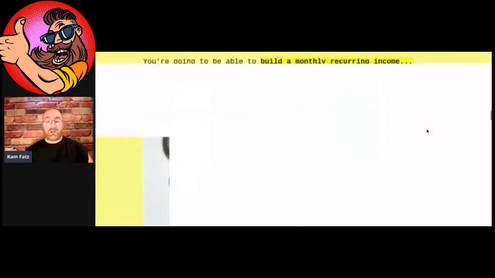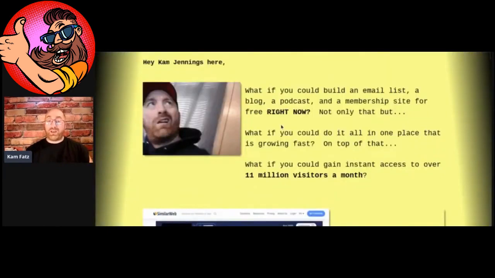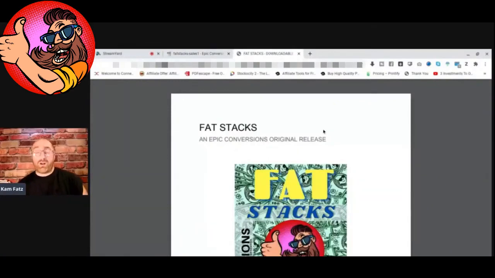So let me just show you inside the actual PDF that is FatStacks, because if you guys know me, you know I like to deliver my products on PDFs. And the reason why is because I want the customers to have a good experience. I don't want a customer to buy something and then have to do all this logging in, and they're trying to find their login. They can't figure it out. And then a year from now, they can't log in anymore because that product vendor is gone or something. So now they can't get the product that they spent their hard-earned money on. That is not what I want, okay?